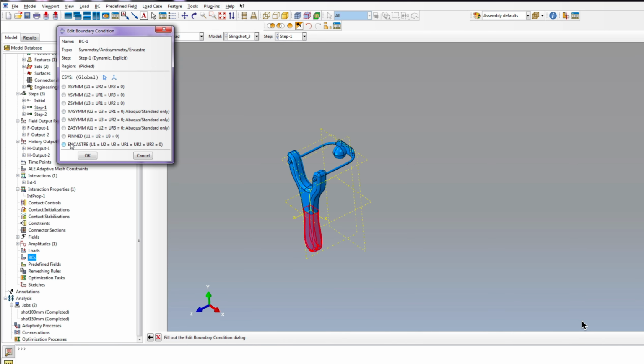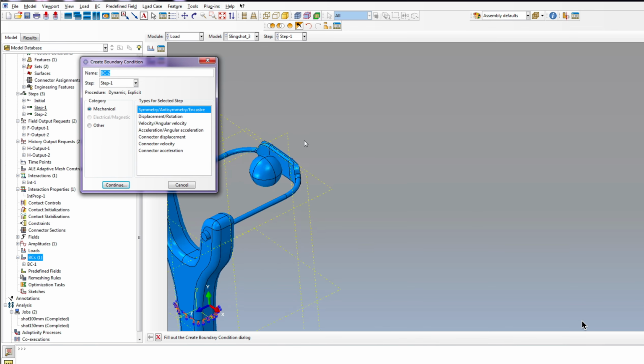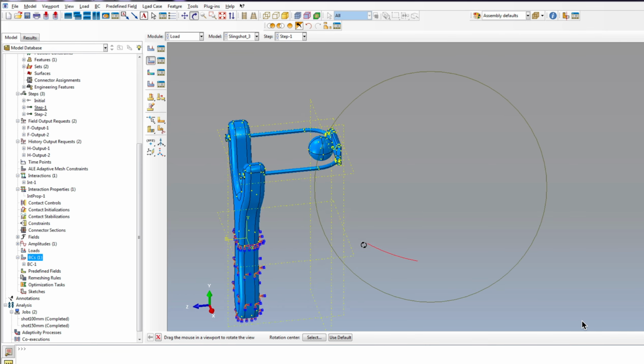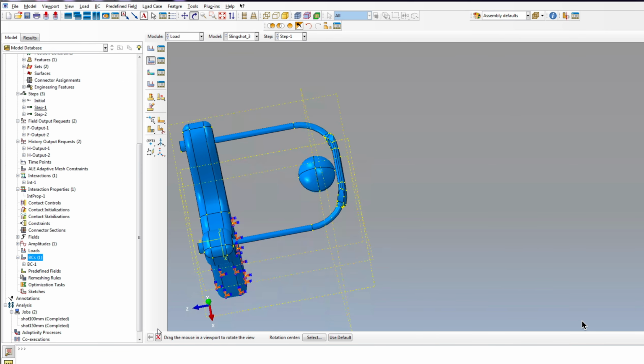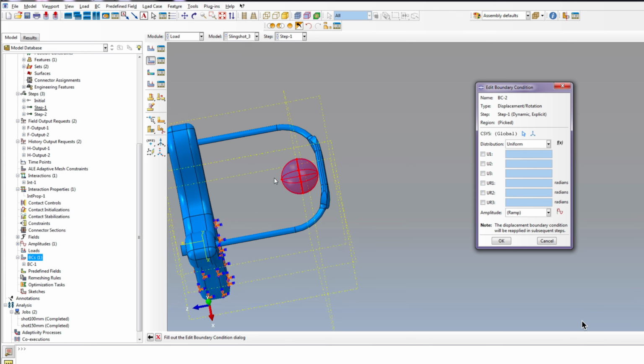Here this will be a fixed support for the handle, and let's create a second one which will be a displacement boundary condition at the step 1 for the sphere, and let's select the sphere, perfect, and let's